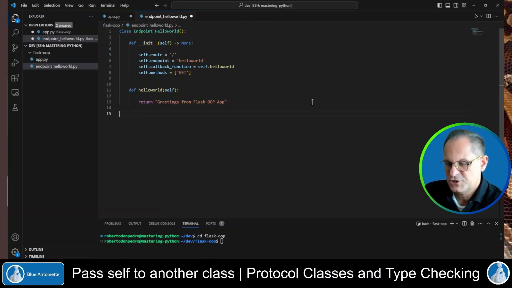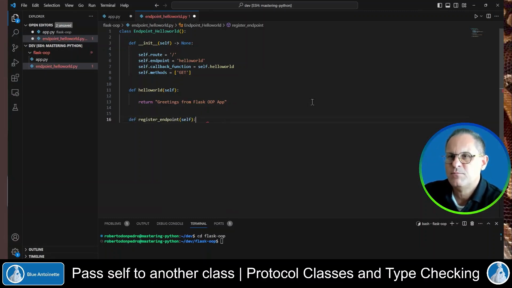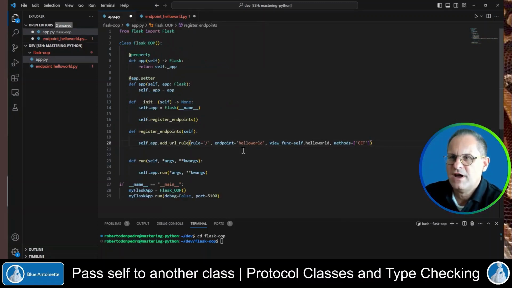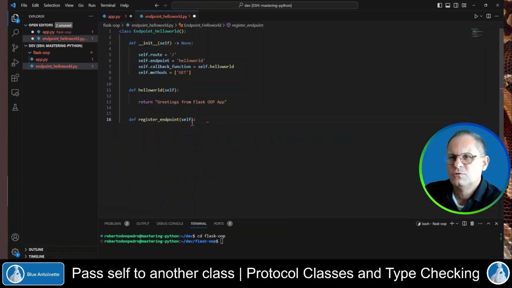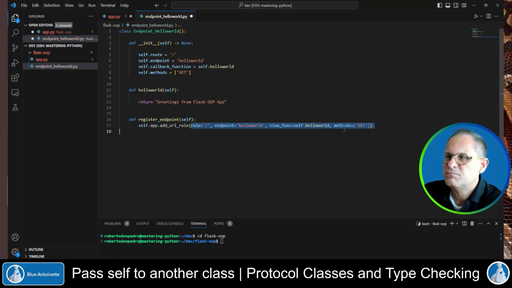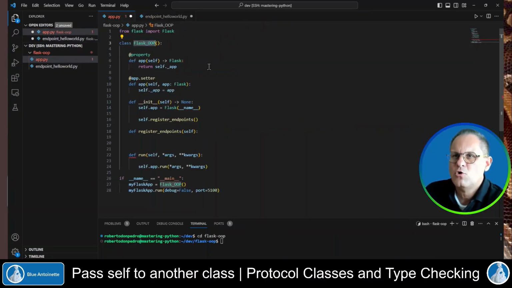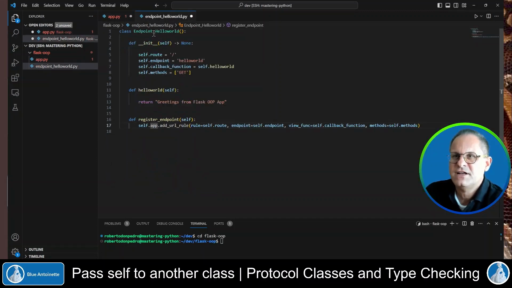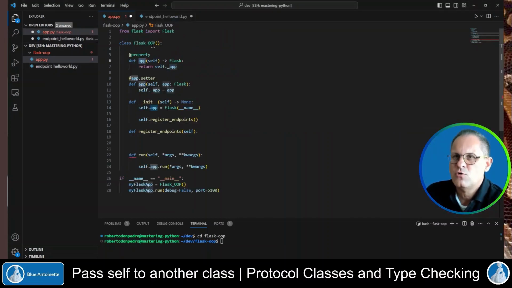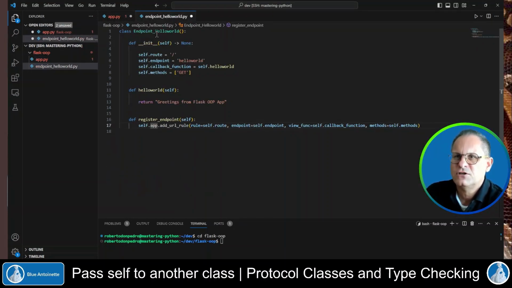Next we create a new function here, def register endpoint. Then we switch back to the app.py file again and we cut and paste this Flask add URL rule function call to the register endpoint method in the endpoint Hello World file. But we replace these parameters here with the properties that we defined in the constructor. But note, the Flask app that is stored in the app property of the Flask OOP class here doesn't exist in our endpoint class. Therefore, we will try to pass the Flask OOP class to the constructor of this endpoint